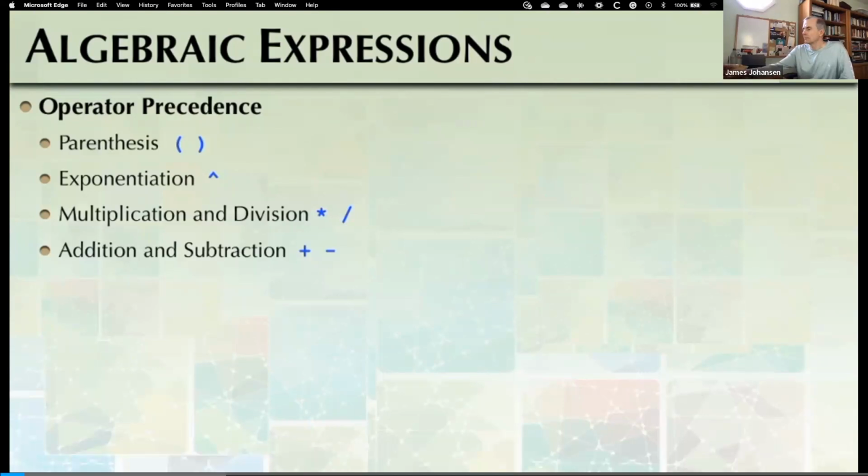We use a caret to indicate exponentiation, with the warning that Java has no operator for exponentiation. In Java, the caret is the exclusive OR operator. When an algebraic expression has no parentheses, operations occur in a certain order. Exponentiations occur first, they take precedence over the other operations, and next multiplications and divisions occur, and then additions and